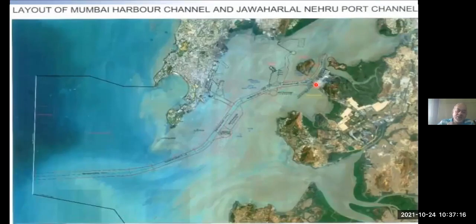High water means water from the ocean. Suppose the moon is on this side, then water from the ocean will be pulled in, and you will have high water here. Normal depth of water is, suppose, 10 meters. During high water, the depth may increase to 13 or 14 meters. Due to the rise of tide, you will have more depth of water where you can bring larger draft ships inside.